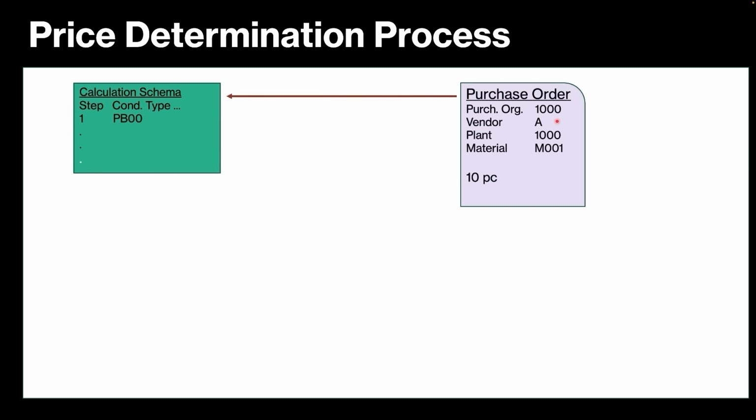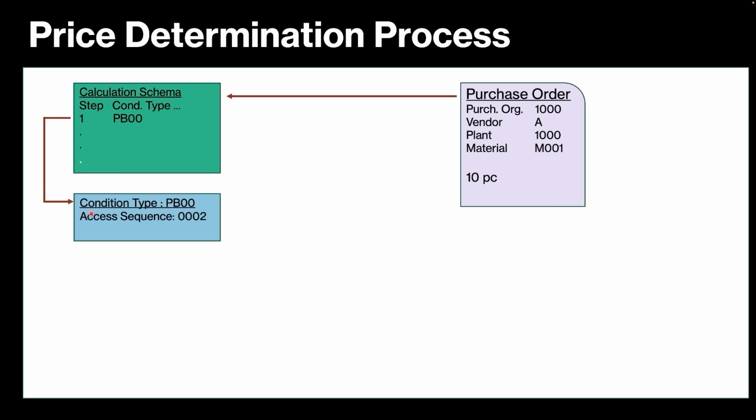So you can see you have a purchase order against which you have entered this purchase organization, this vendor code, this plant code, and this material code, and you are procuring a quantity of 10 pieces. Now from the combination of the vendor and the purchase organization, the pricing procedure or the calculation schema will get determined. This calculation schema or pricing procedure will contain multiple condition types, and against those condition types, system will check